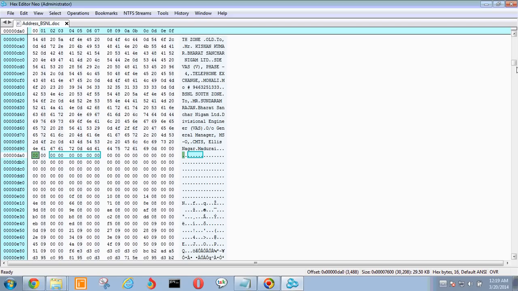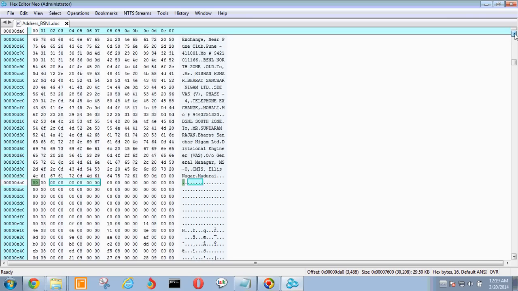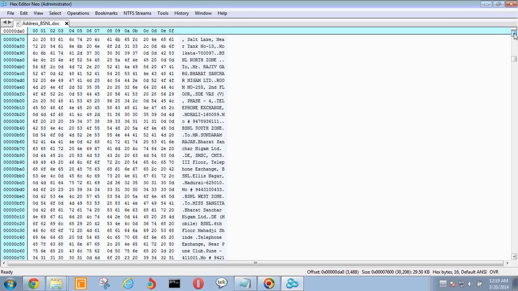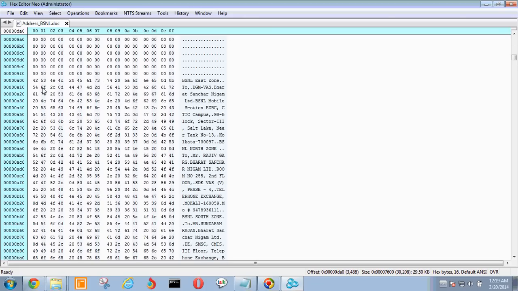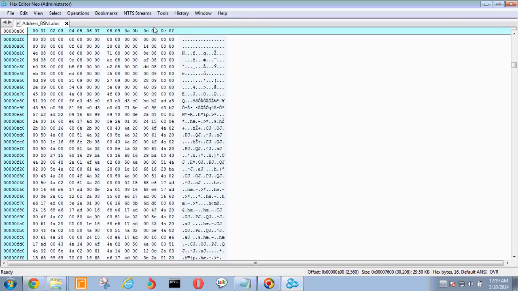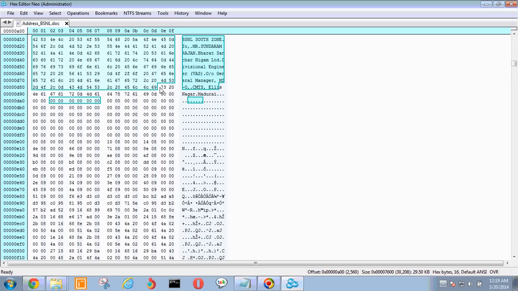So we have to recover it manually. I will just copy this text till the end offset, and my end offset is this one, 0D, because after this one I can see many consecutive zeros.